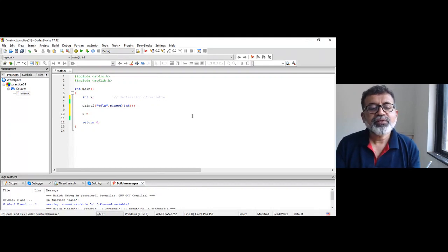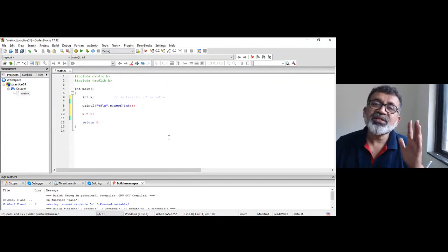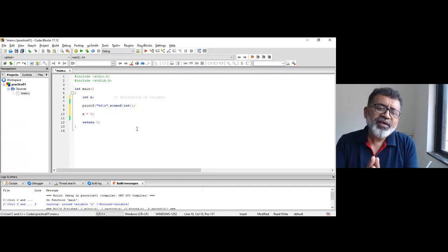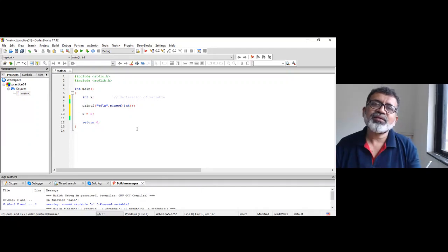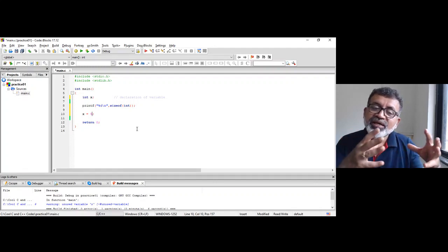If I write x is equal to 5, then this is called an assignment statement. This is an assignment operator. This is not an equal to operator; in C it is the assignment operator. So the correct, or rather technical, way to say this statement is 5 is assigned to x.